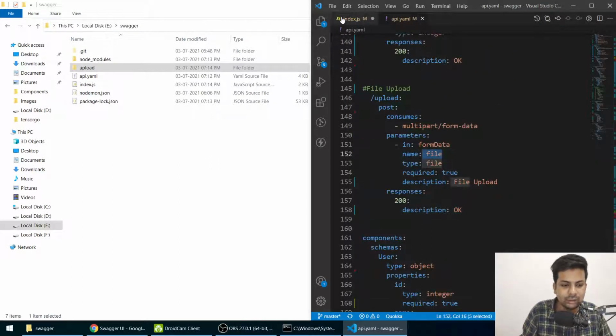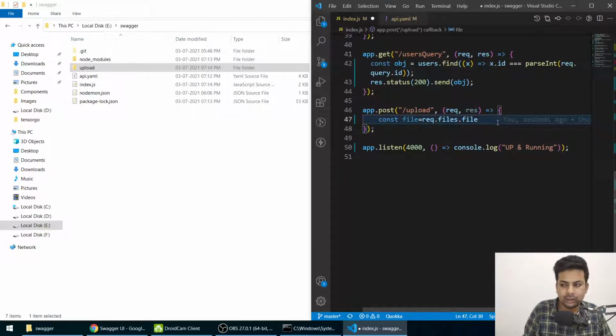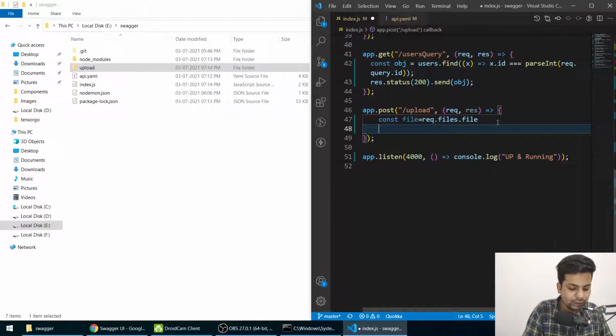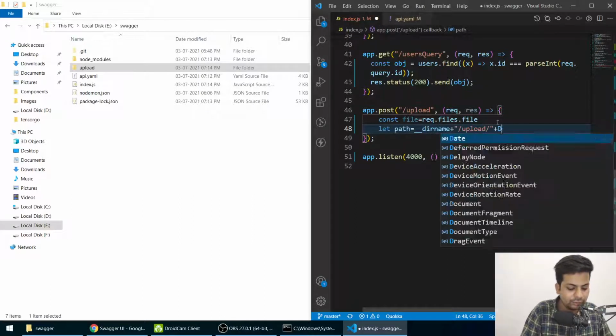See, the name is file, so I'm writing file, and let path be where I want to upload it. So I'll say __dirname plus /upload. Upload is the folder name, plus what file name you want to give.